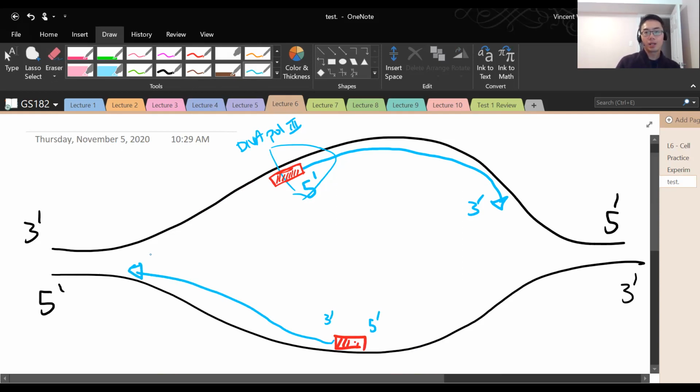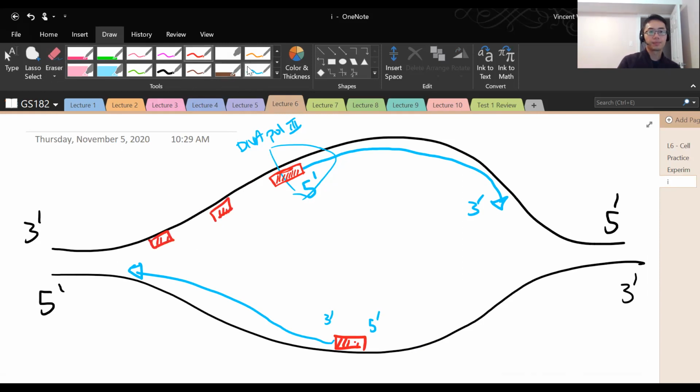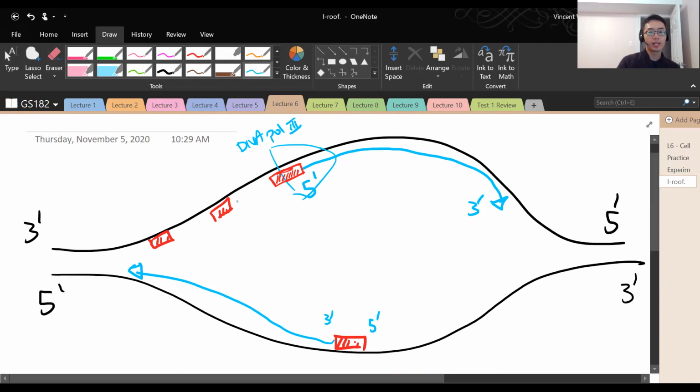Okay. So what's the problem? Well, the problem is as we open up more and more of the DNA, how are we going to replicate this part? Okay. Well, you will need to have another primer and another primer, right? So then another DNA polymerase 3 can come and then make this part and then make this part. So for this reason,